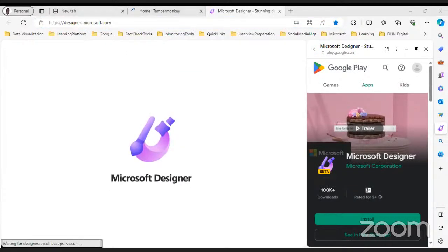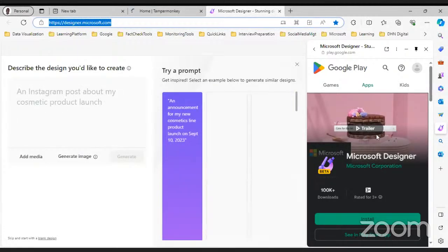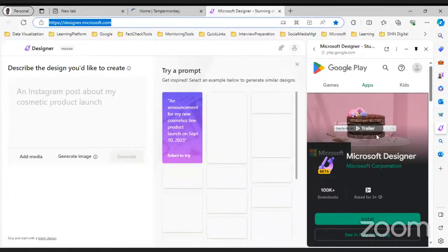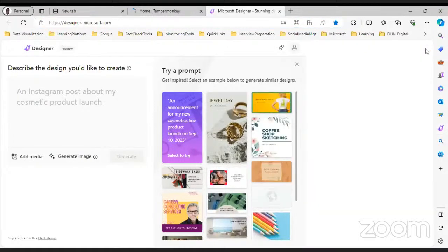I put it in the chat. So that is the link to Microsoft Designer. It's loading. Oh, Microsoft Designer is now there in Play Store. So you guys can actually download Microsoft Designer in Play Store. So this is how it looks like.